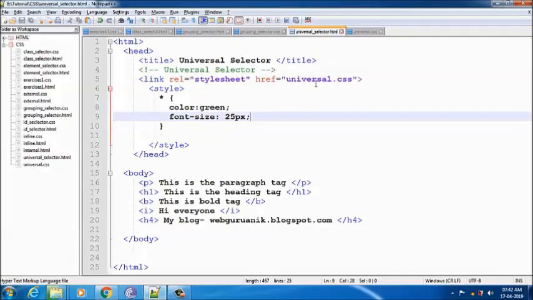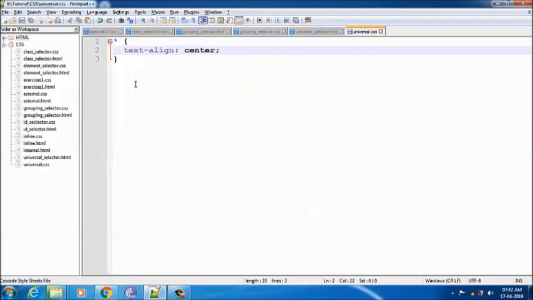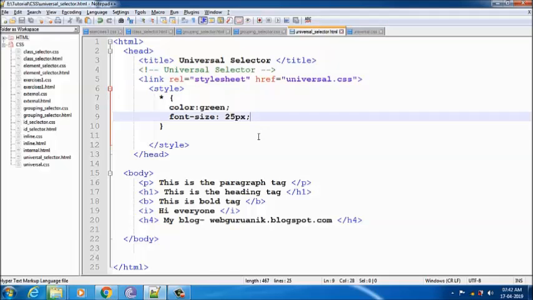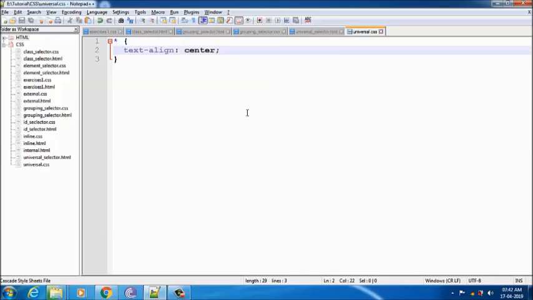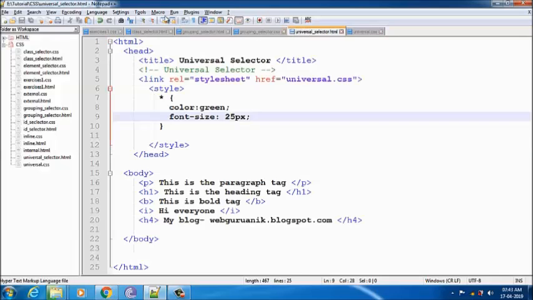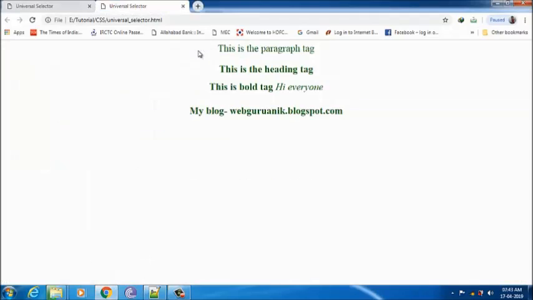included in this line number 5, that is href, so this is for the external CSS code link rel stylesheet and then href universal.css. So in universal.css I am using star and then text align center, so what will happen, it will have the external effect. In using internal CSS I have shown you the universal selector, now by using external CSS I can use the effect of universal selector. So now if I run this code you can